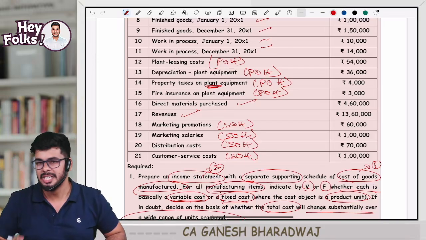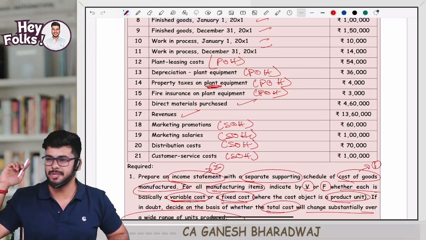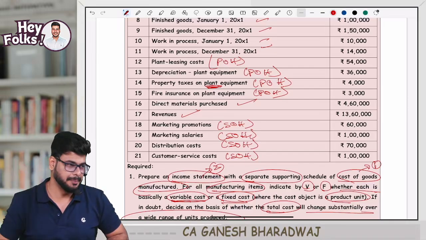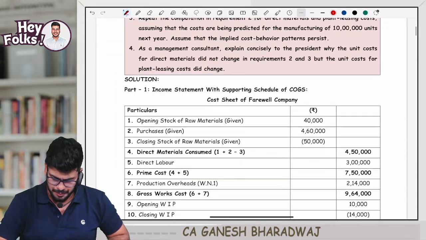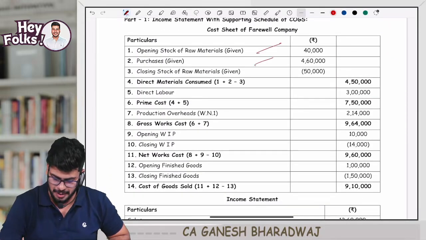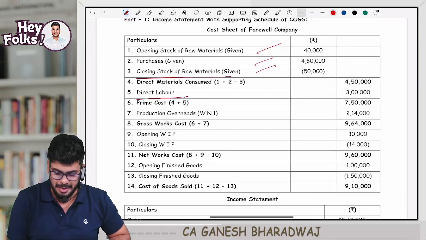Are you clear with this? So bad debts is a non-operating expense, definitely not considered a part of our subject. Clear with this, guys? Perfect. Now, whatever they have given here, they have just plugged these figures here. Opening stock plus purchase minus closing stock gives you direct material consumed, plus direct labor gives you prime cost, plus